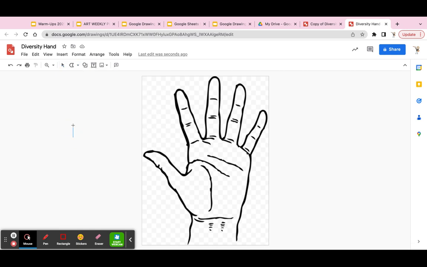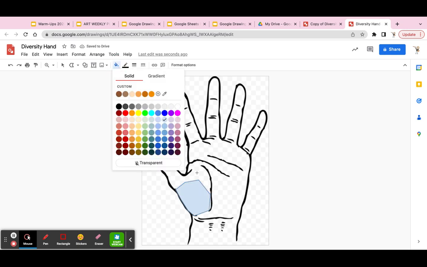Now, Polyline is a tool that allows you to click and drag and make unique shapes. And when you get back to the very beginning where you started, you can click and then the shape will close, allowing you to change the color. So what I'm going to do with Polyline is start anywhere on my hand and make a geometric shape. I'm just going to trace around the side of the hand here. Each time I drag my shape, I'm clicking, then dragging, clicking, then dragging. Now, after the shape has filled light blue, that means it's a full shape and you can fill it in